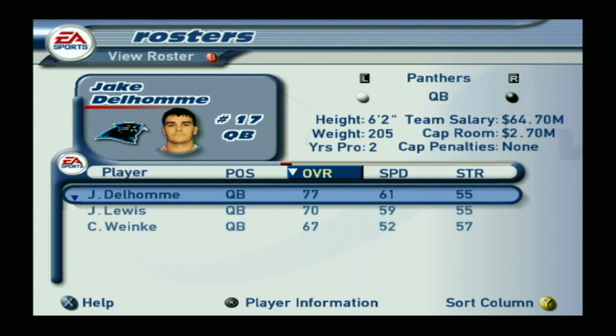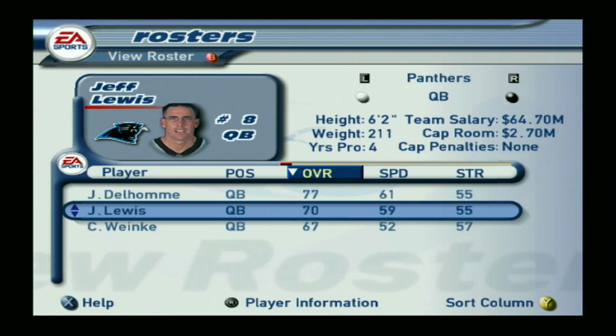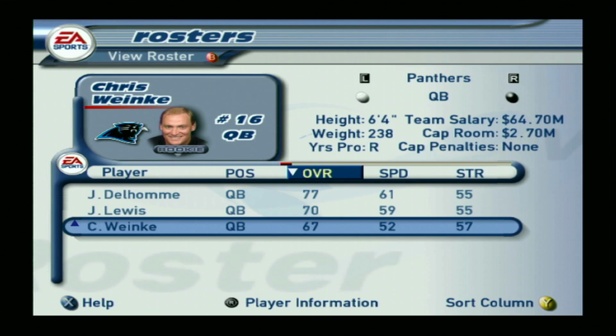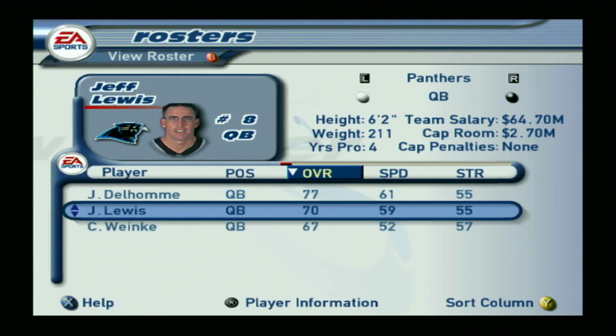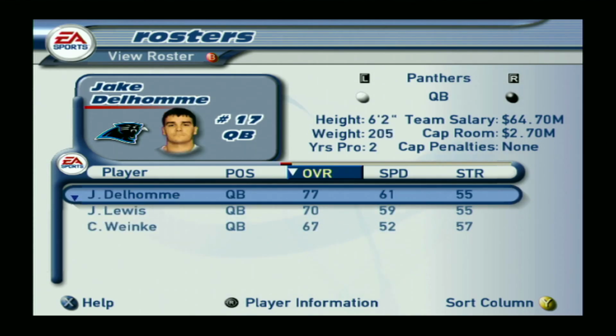Jake Delhomme. Jake Delhomme is on the Saints in real life, and he would go to the Panthers. And so he doesn't technically belong on this team, but they have like rookie Chris Winkie, who's like, I don't know, like 27 years old or something. And I forget the other quarterback that they had. And I'm like, you know what? I'm just going to put Delhomme on the Panthers in advance because the